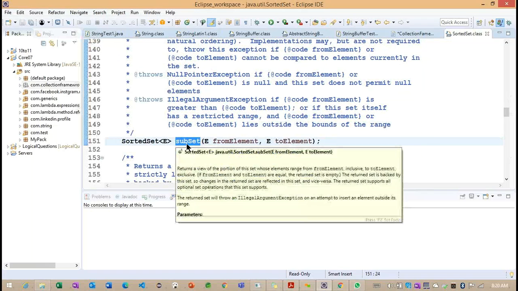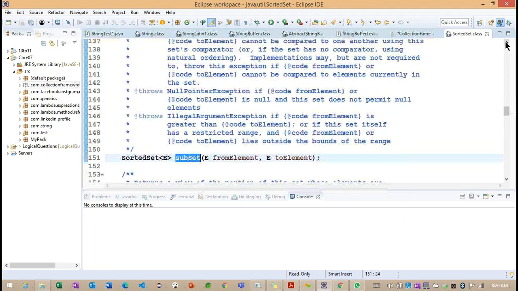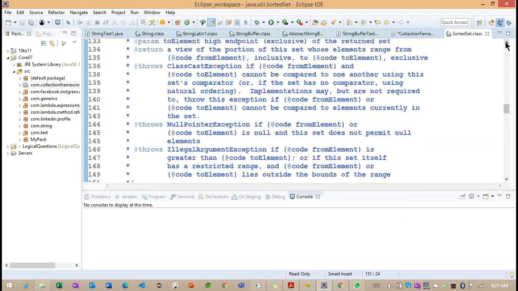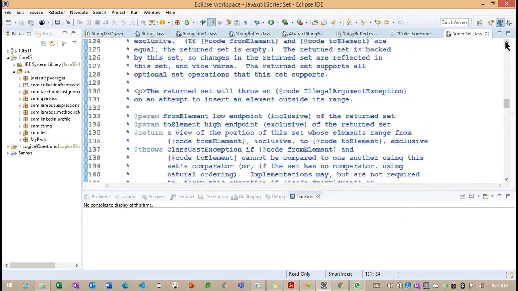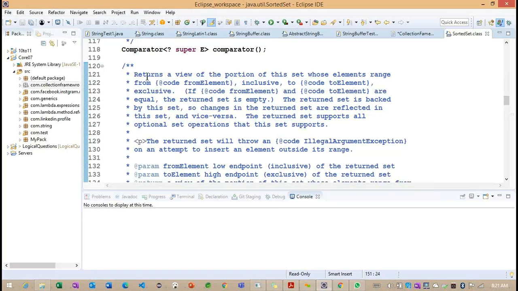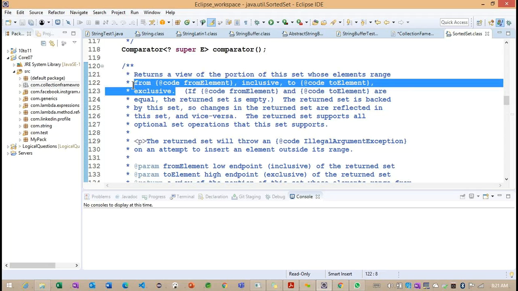The second method is subset. Subset is nothing but a sublist. In the same way, we are going to have subset here. Now you can read the information. It will return a view of the set whose element range is from element and to element.